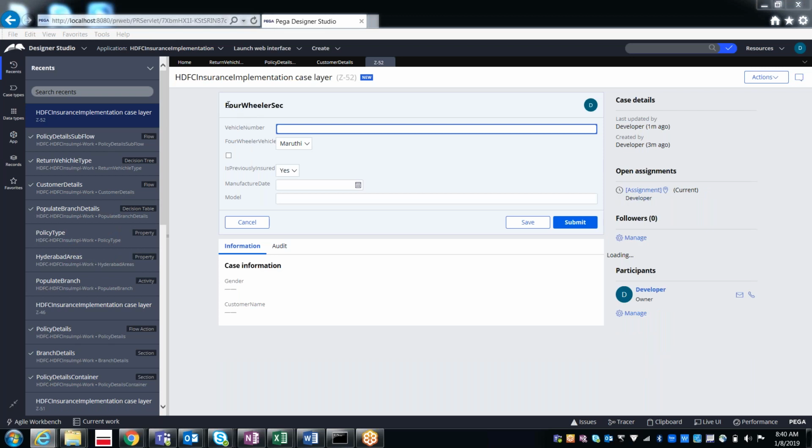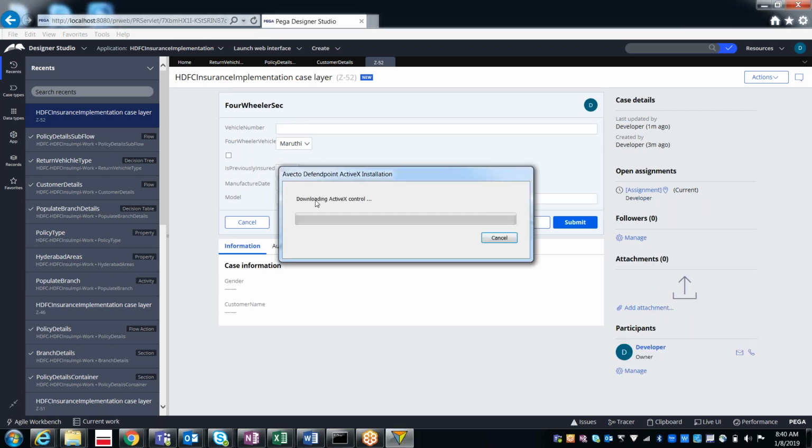Yes, we got the four-wheeler flow action. So this is the section it contains. So that means the flow action always finishes the current assignment and moves to the next assignment.